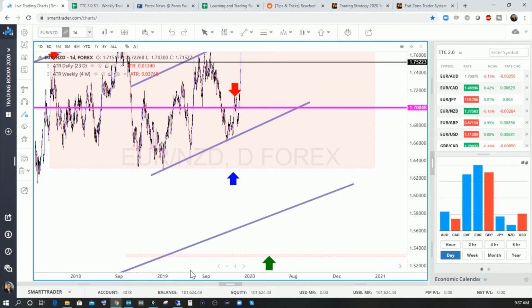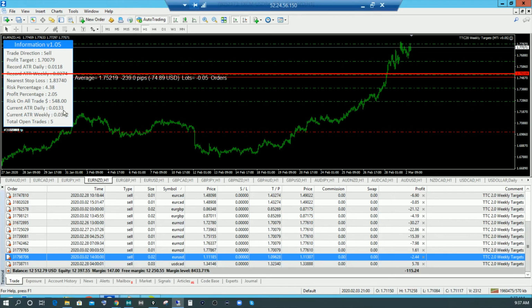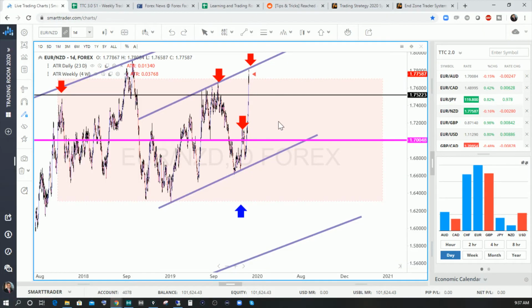I believe our target on this is 170, which is right here at this pink line. Let me double check on that, make absolutely certain. All right, so my target is 170.09. Yeah, 170.09 is exactly that. So price needs to drop back down to this level here for me to make profit on my 5 positions. Okay, and we're going to make quite a bit of pips on this. This is going to be a home run on this trade right here. Not that we chase off the home runs, definitely not the case, but this could be, in fact, a home run based on the position we have. So we're going to hold on to the